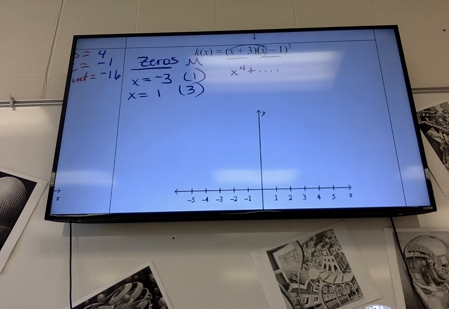Because it's x cubed times x. So that's where the x to the 4th is coming from. And then -1 cubed is -1 times 3. That'd be -3. Okay, so the degree is even. The leading coefficient is